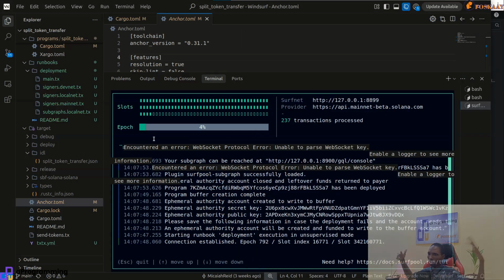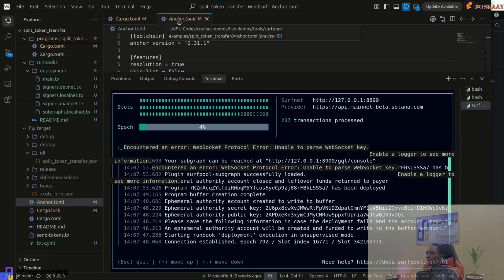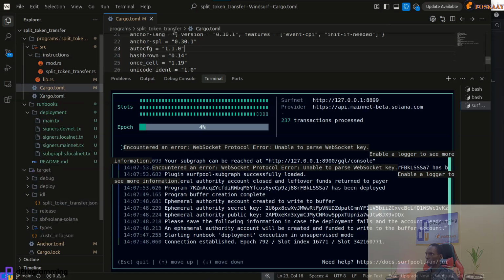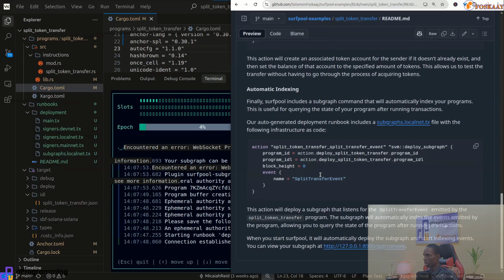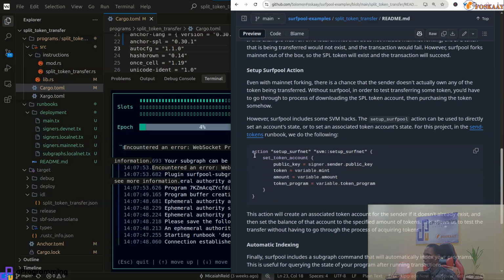Let's now, I think the final stage now is for us to test this program with this send tokens. For us to do that, if we go back to the doc, it's the same thing, just have here automatic indexing, and you can see the subgraph, and here we have it. Then this action one,